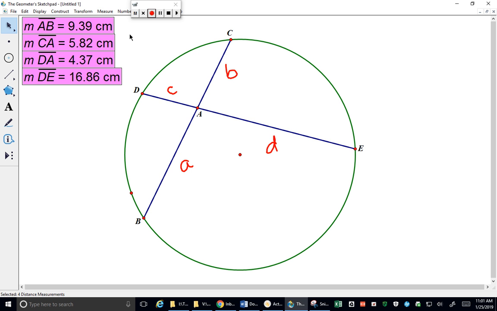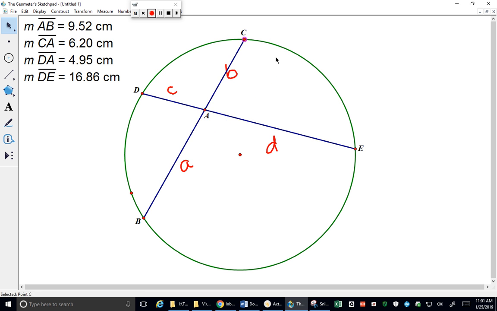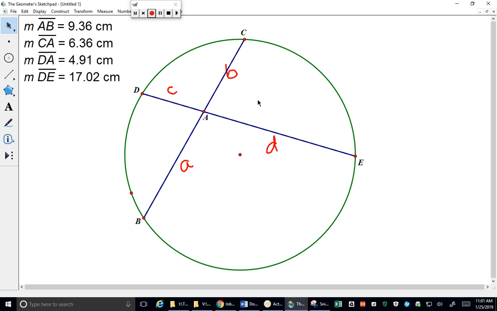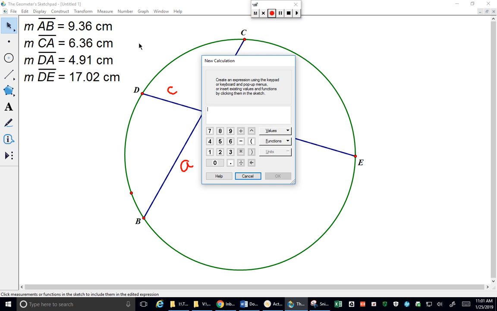Measure lengths. Okay, notice there's not a whole lot going on. I can move these around, and there's no real relationship between the lengths yet until I start multiplying them. So it turns out that these things chop each other proportionally. So if I take the segment from A, which is this one, and I need to do some calculating. If I take this length and I multiply it by the other part, which was AC,